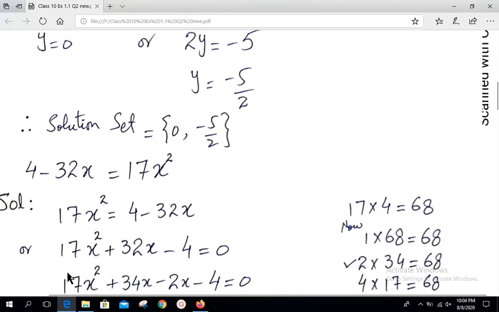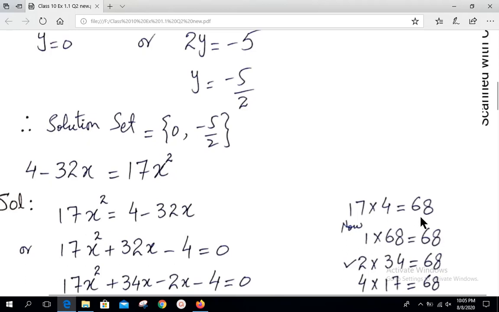To make the factorization, what is the method, what is the procedure? We multiply number 17 with 4, our answer becomes 68. Now we start making factors of 68 as 1 into 68. Viewers, you all know 1 is a factor of each and every number, so 1 into 68 is equal to 68. Next, 68 is an even number, can be divided by 2, so 2 into 34 we calculated becomes 68.